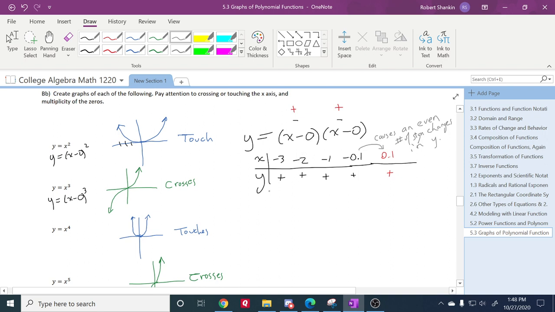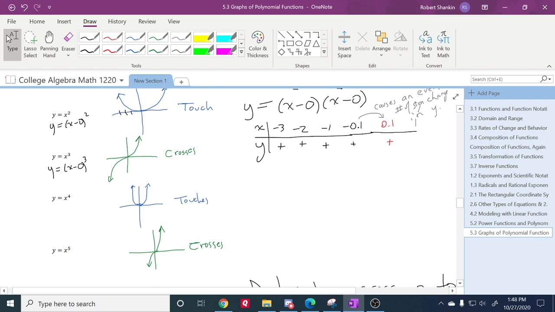Okay, now whenever we have an odd power of multiplicity, so I'm going to rewrite this one as y equals x minus 0, 5 times. And if I was making an xy table over here,